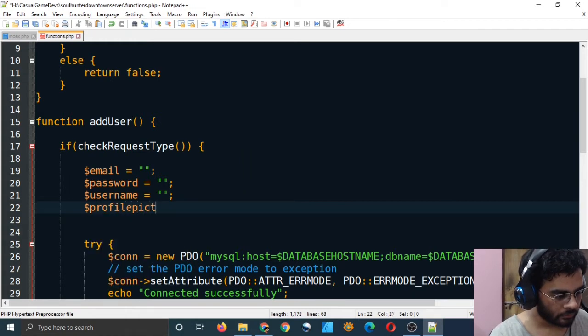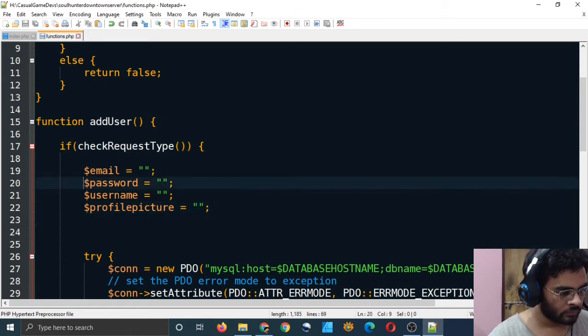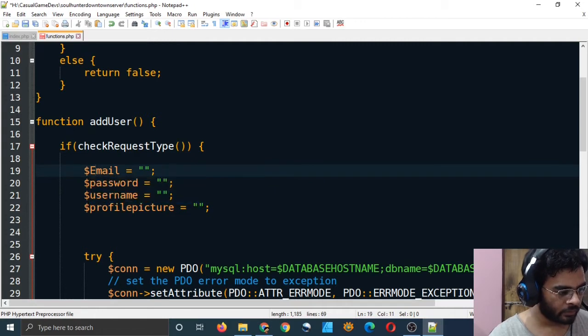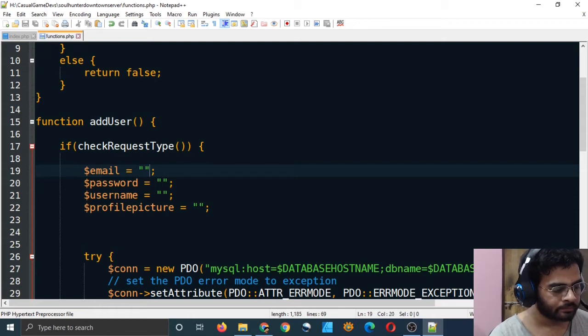Let me put it in capital letters, or let it be small. That's all the four things which the user will have to enter in order to make an account.